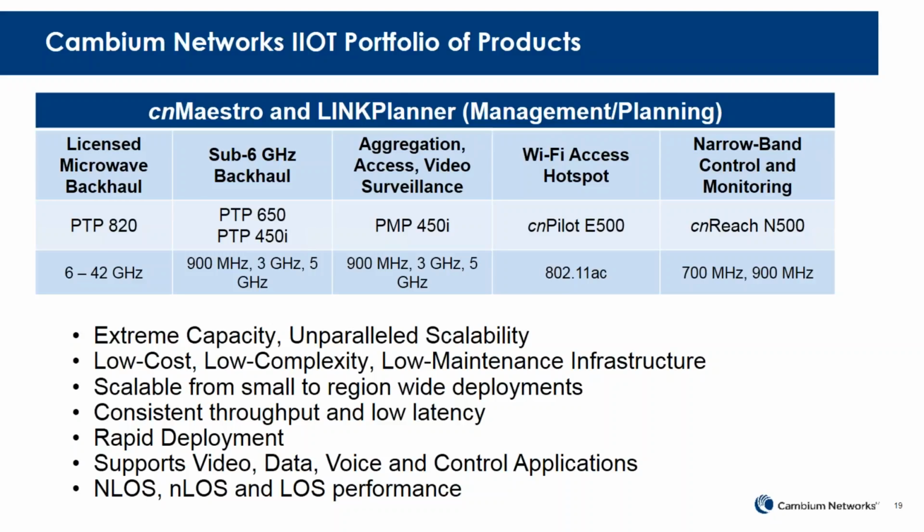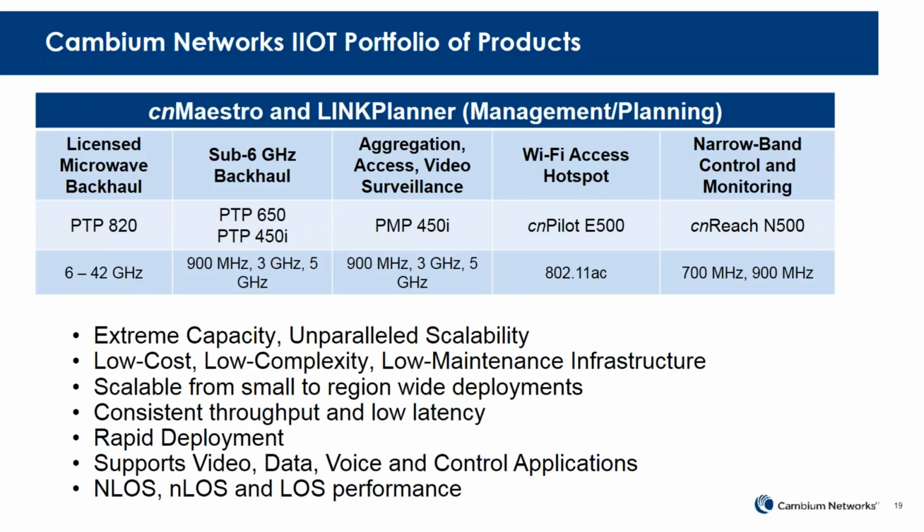So I'll give you a couple of highlights. On the left there you've got a licensed microwave product, and think in terms of gigabits per second, so lots and lots of data that can be moved with a licensed microwave. We have a backhaul product that can deliver just point A to point B, might be a couple hundred megabits per second, but can do this in a near line of sight environment.